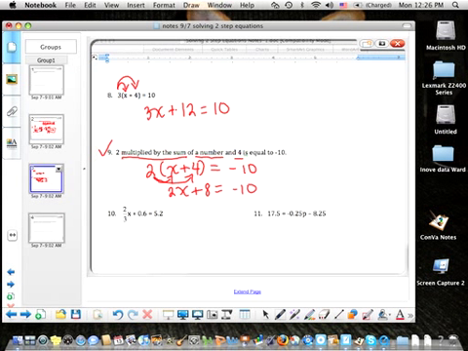Now, when we get into fractions and decimals, a lot of people freeze up. They tend to think those are really super hard. Both of these problems have decimals in them. One has fractions and decimals. I'll just do number 11. They're both about the same as far as difficulty. If I add